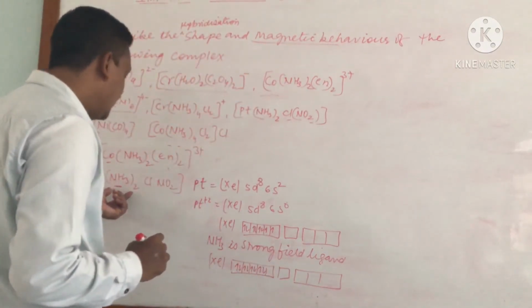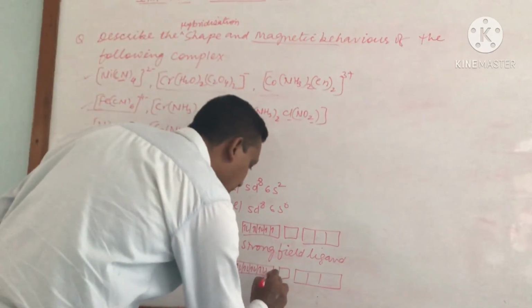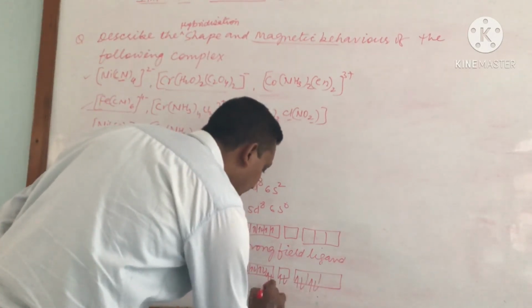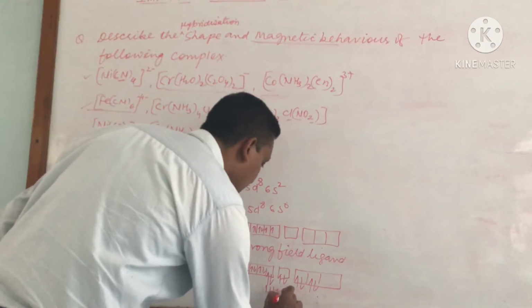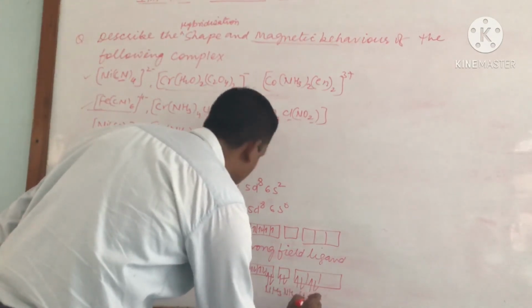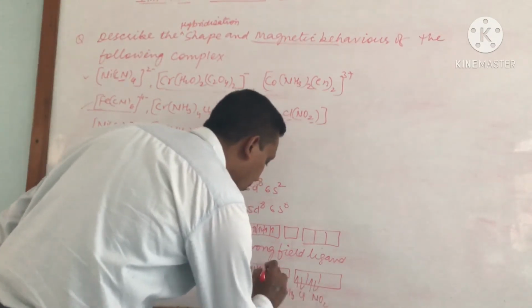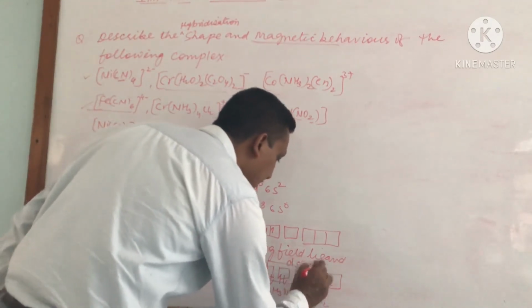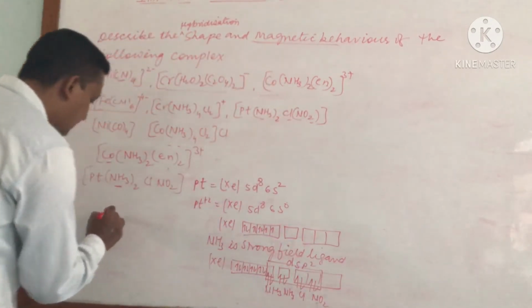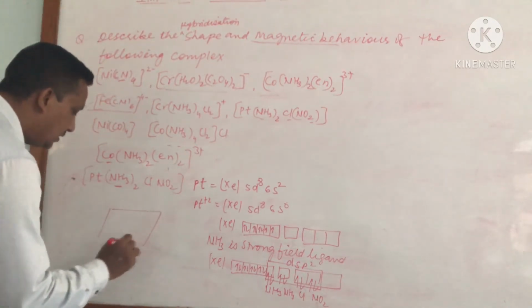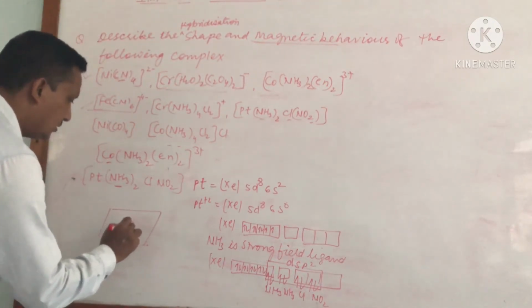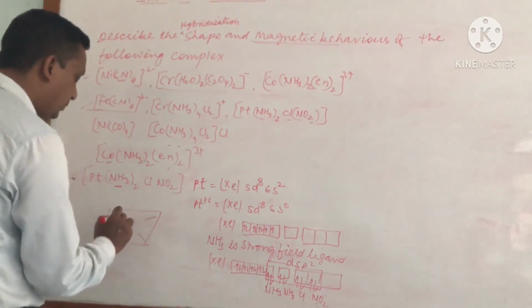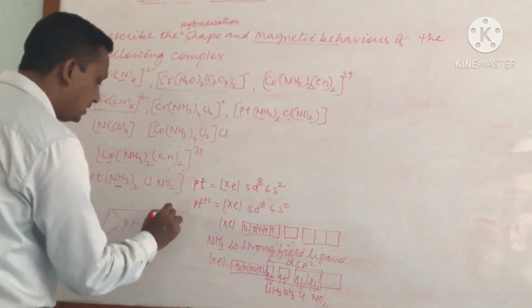These 4 ligands would provide pairs of electrons in the vacant orbitals: NH3, Cl, then NO2. So in this case the hybridization would be dsp2, and for dsp2 hybridization we can draw the geometry or shape of the molecule like this: NH3,